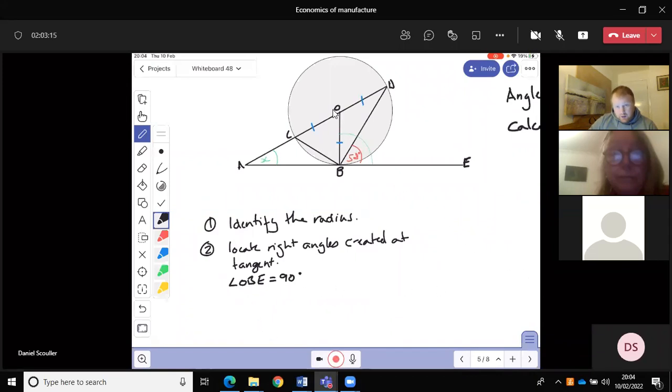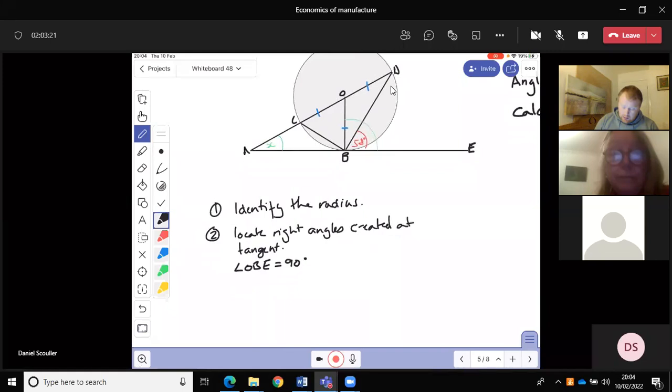That allows us to figure out what angle OBD is. So if we say that OBE is 90, we know that DBE equals 58 because we get given it. You can determine that OBD, if I lose anyone, let me know, so that'd be 32